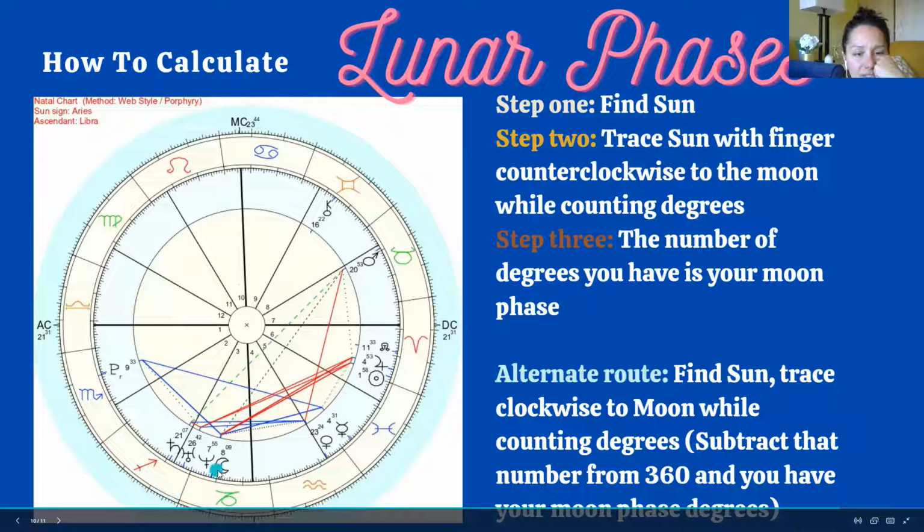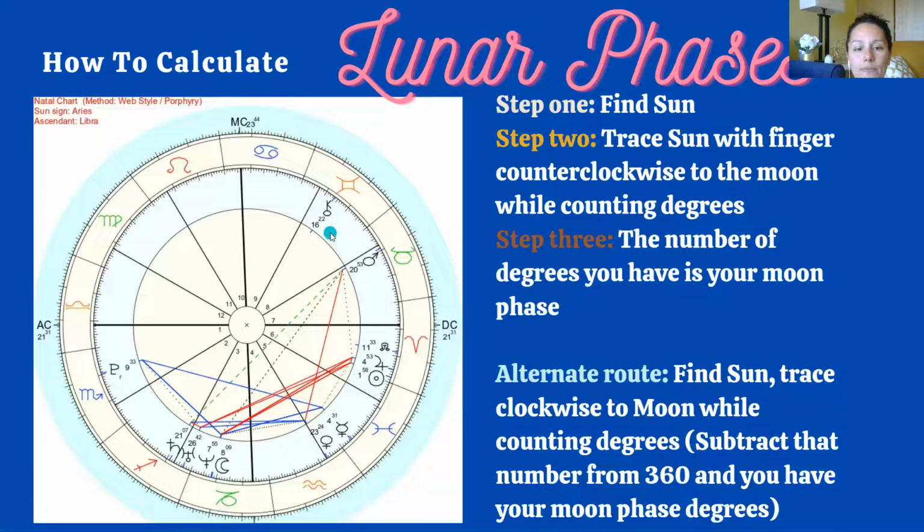Another example: if these are square, Jupiter has left its conjunction with Neptune and it's going around. So it's 90 degrees now. It's like they were conjunct back here however many years ago. That would be like, what is it, 2 years every sign for Jupiter? No, 1 year. So like 3 years prior to my birth, Jupiter was right here, and now it's moving away from Neptune, and so it's at its first quarter